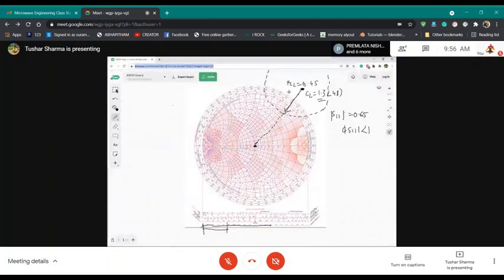So again, we draw this circle, and then I think we will continue from here. After that we will know there are two regions, right? One is this intersection region, and the other one is this region. If you select any impedance here, say I select impedance here, that will be stable. But if I select impedance here, that will be unstable. So if by chance your matching is here, and I give you this impedance to match to 50 ohms, then it will be a problem. If you select that impedance, your device will give oscillations.